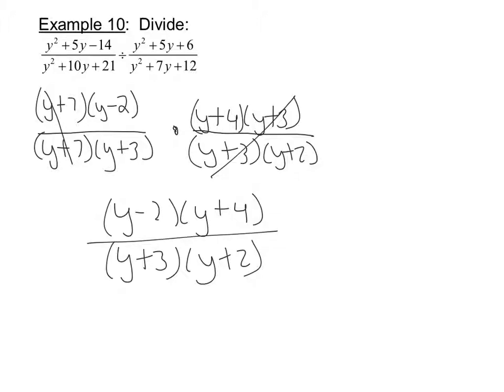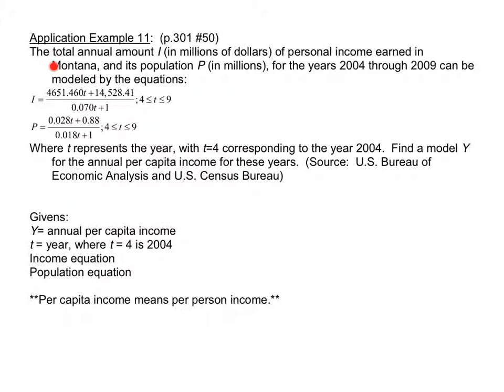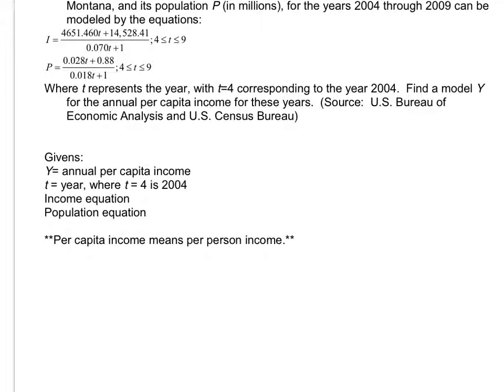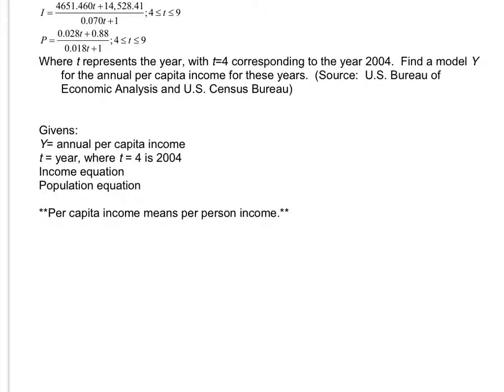Alright, one more example. Alright, so it says the total amount, I, in millions of dollars of personal income earned in Montana and its population P in millions for the years 2004 to 2009 can be modeled by these equations, where T represents the year T equals 4 corresponding to 2004. Find a model Y for the annual per capita income for these years. Okay, so here's the thing. We're going to say Y equals the income divided by the population. So you have